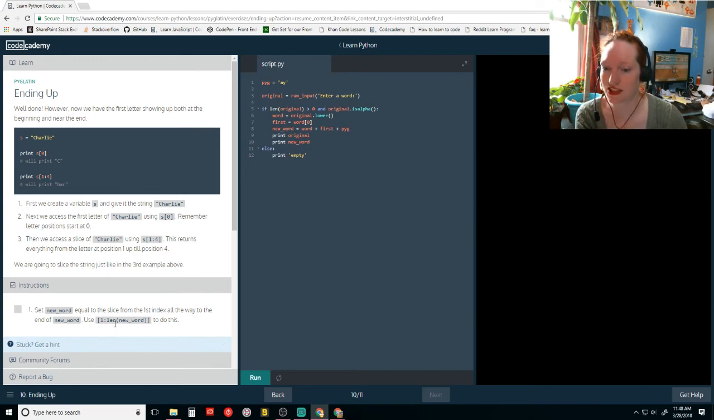Ah, nice. And it's showing me how to do that, because I was just going to say, how are we going to know the length of the word before they put it in? Apparently, we can have it 1 through length of new word. All right. Set new word equal to the slice from the first index all the way to the end of new word. So it'll be new word equals